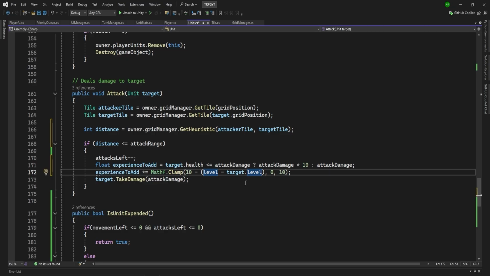But if we're level 12 and we are fighting a level 1, that's going to be 12 minus 1 is 11, 10 minus 11 is negative 1. We clamp that, so it's a 0. Our experience gets multiplied by 0. We get no experience for killing something that is more than 10 levels lower than us. And that's what this 10 means. If we wanted to, we could have that as a variable and say, max level difference, but it's basically 10